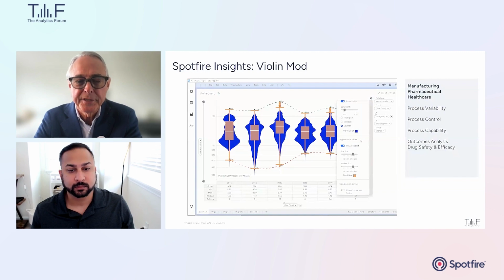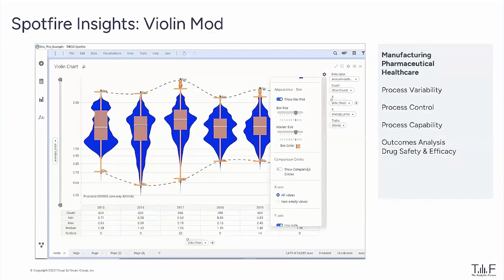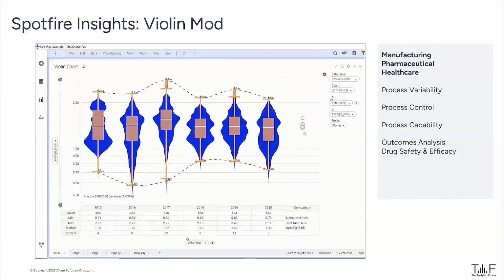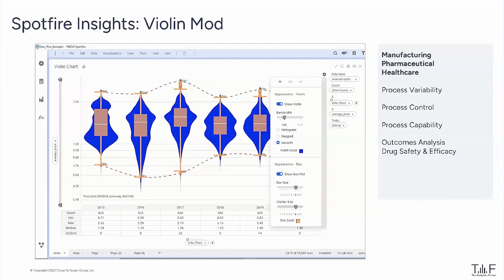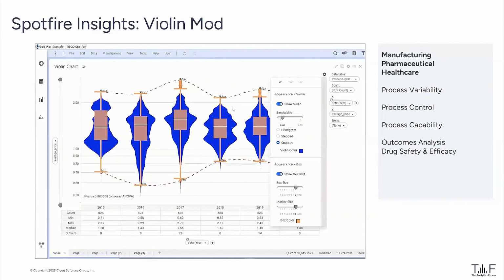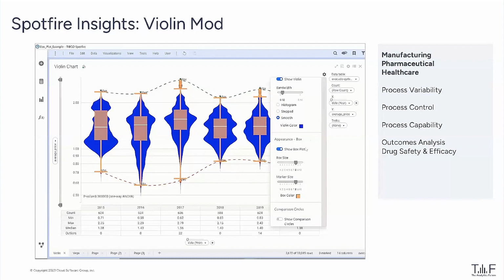And this is an extension on the usual box plot. So in the usual box plot there in the brown, you see the median white stripe, you see the interquartile range in the box, you see the whiskers going out to the outliers. So with the violin mod, we allow for multimodal distribution. So it's not just a Gaussian curve. You can see there's bimodal distributions on some of the